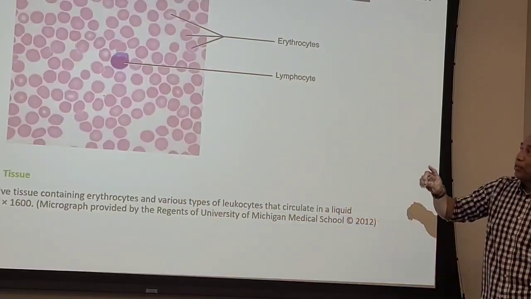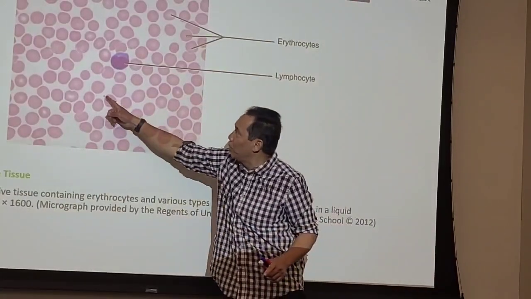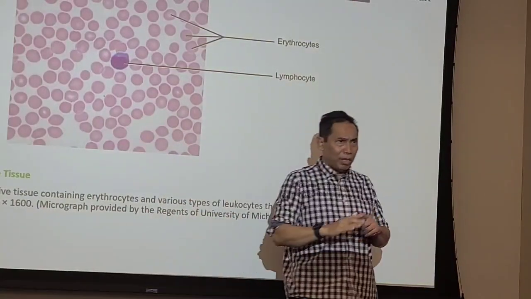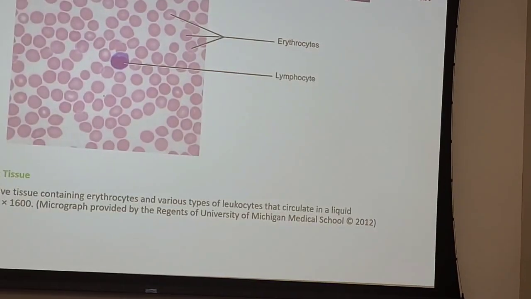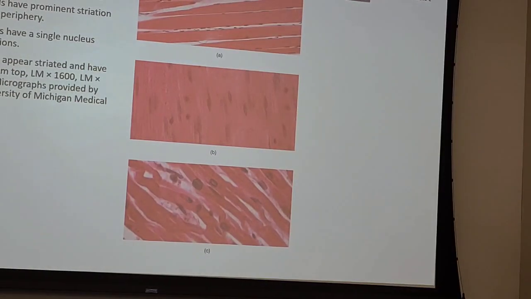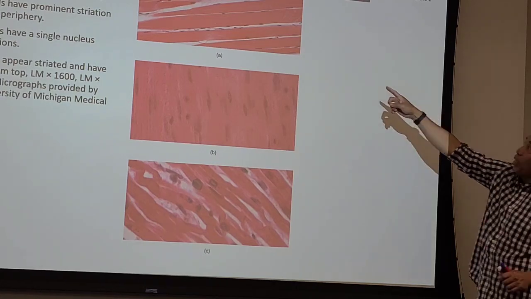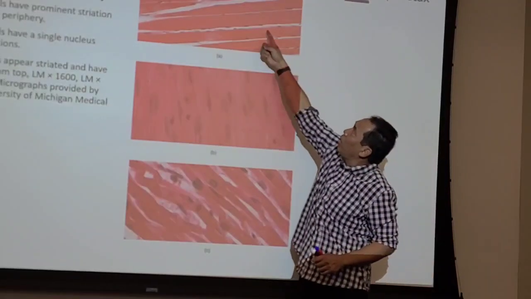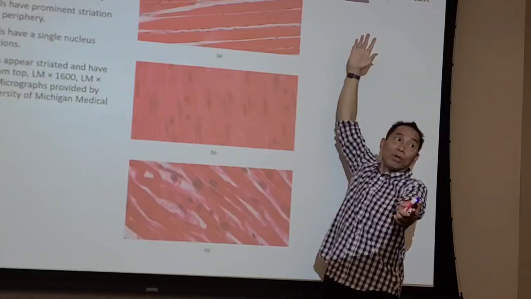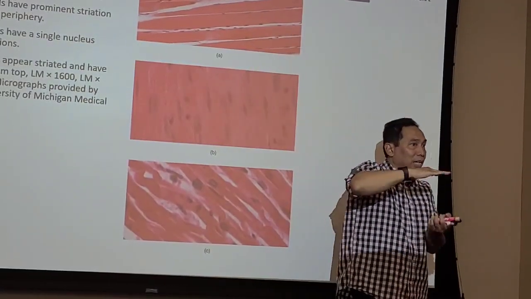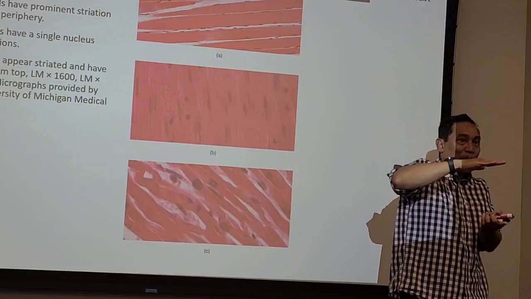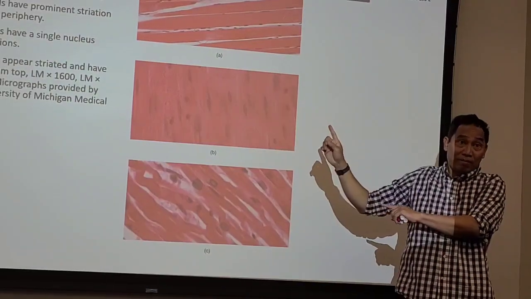Right? Sometimes you also see a small blue cell around it. It is called the platelet. So we also have platelets in the blood. This is muscle. Right? Again, there are 3 types. Skeletal muscle is very long. You see that one? This is one muscle, even though you don't see the border. And then the nucleus is on the side. It's actually pushed to the side. And there are many nuclei per one cell.